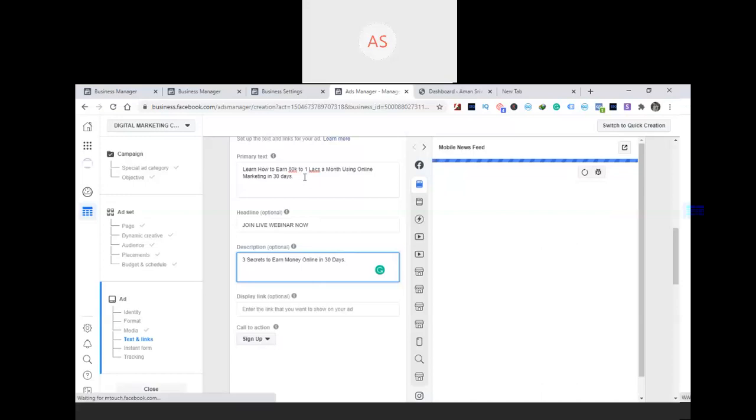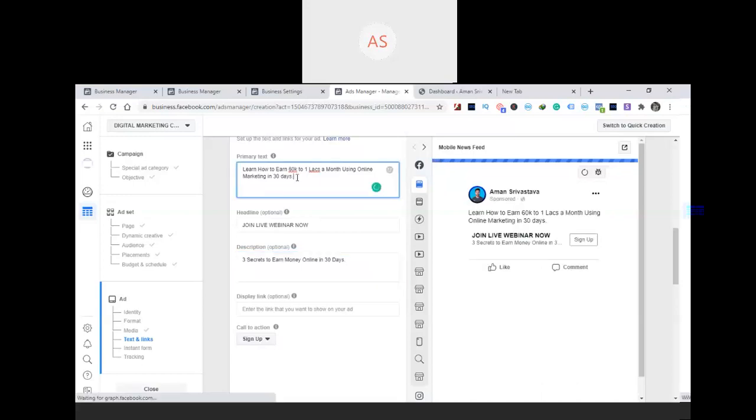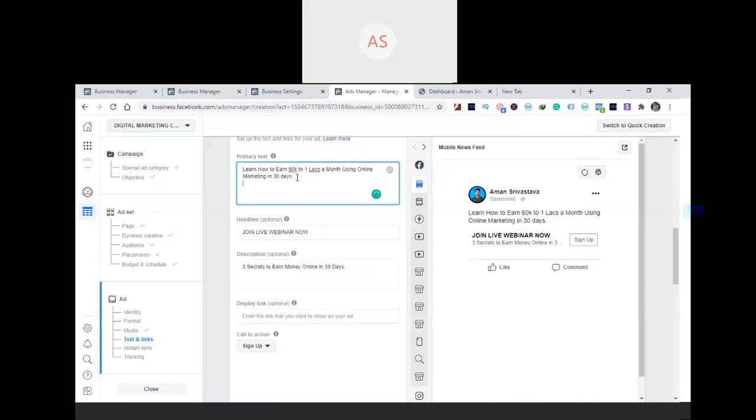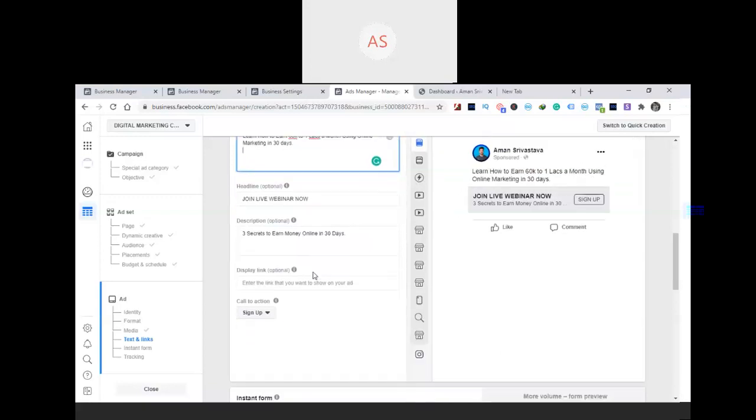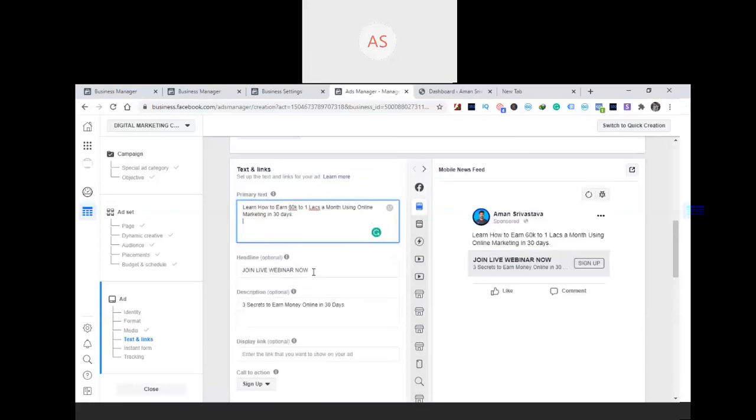And now I'm just going to quickly cover whether the ad copy matters or not. If you have good copywriting skills, you can create a good ad copy. And I'm not going to write the complete ad copy because you can do it for yourself, whatever kind of ad copy you want to run. And I suggest the best type of ad copy which works, which I suggest to you as a beginner. First of all, you can go ahead with a video ad, or if you're not good with videos, you can go ahead with the ad which directly gives out the advantages.